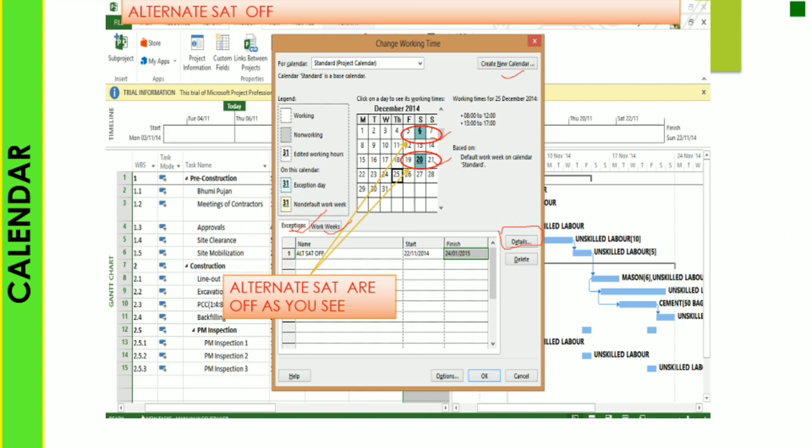So here we conclude lecture number 3, filter and calendar. Please comment below if you have any query related to filter and calendar. And yes, the calendar topic is a very important part of Microsoft Project. Based on that, you can easily access your project and your client and generate many reports from your Microsoft Project software.